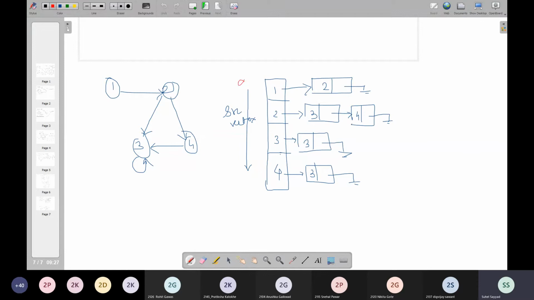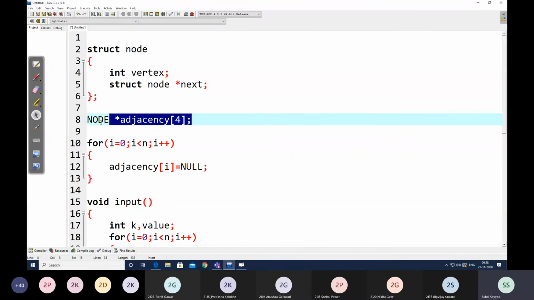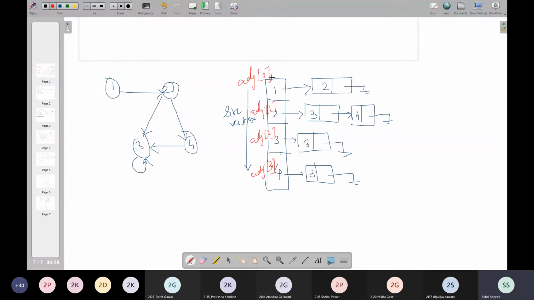This start is labeled as adjacency of 0, this one is labeled as adjacency of 1, this is adjacency of 2, and this is adjacency of 3, because we have created an array of pointers, right? Here we have 4 external reference pointers: adjacency of 0, adjacency of 1, adjacency of 2, adjacency of 3.